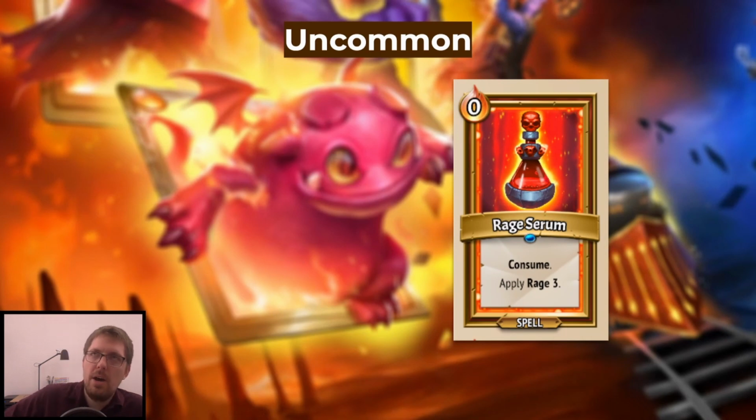Rage Serum. Rage Serum for me was also a kind of tough one. The Rage 3, as I mentioned before, 3 Rage is not very good because it goes away so fast. The decay of the Rage going from 3 to 2, 2 to 1 makes such big differences because you're losing a higher percentage of damage, and now you're getting to the point where you're not even killing low damage minions. It's not super great. However, the fact that it's 0 cost, the fact that it consumes, that you can double stack it, and that you can add it on top of something that already has Rage or kickstart the Rage on a unit